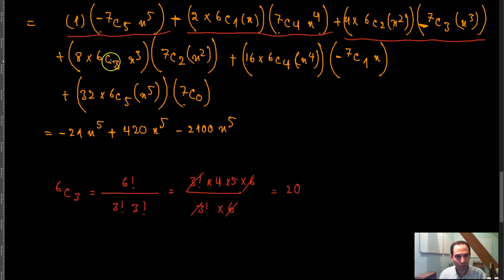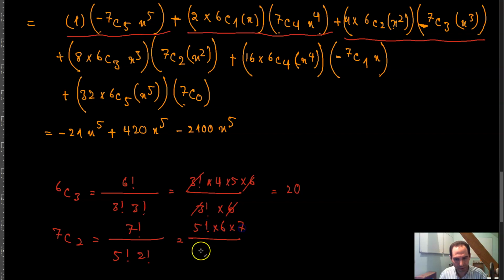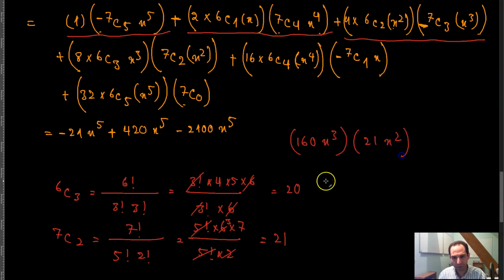And over here, 7 combination 2 is equal to 7 factorial over 5 factorial times 2 factorial, which is equal to 5 factorial times 6 times 7 over 5 factorial times 2, that's equal to 21. So that is 8 times 20, which is equal to 160 x cubed, and 7 combination 2 is 21 x squared, and if you multiply them you will get